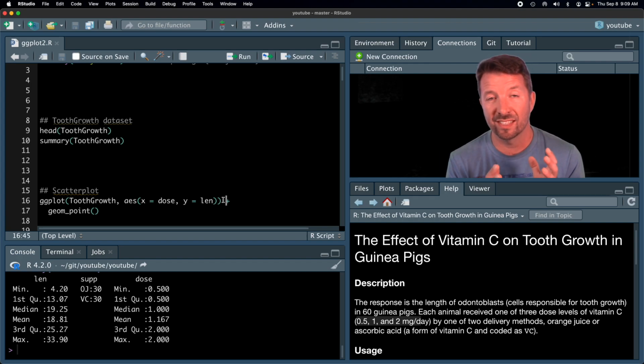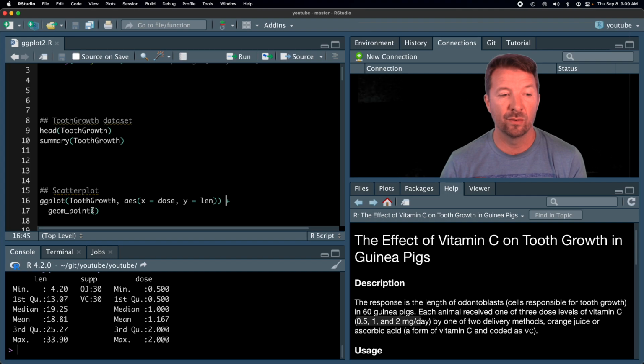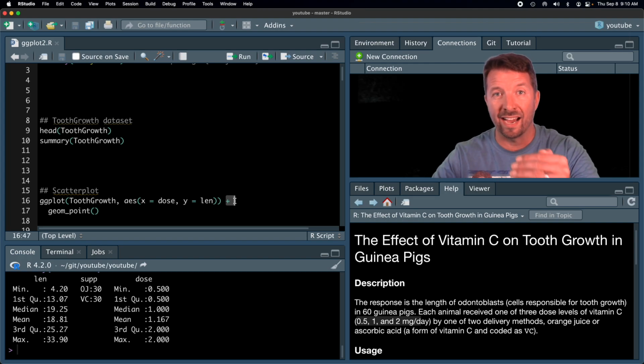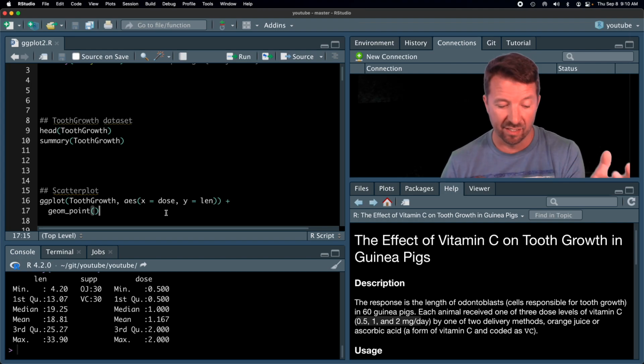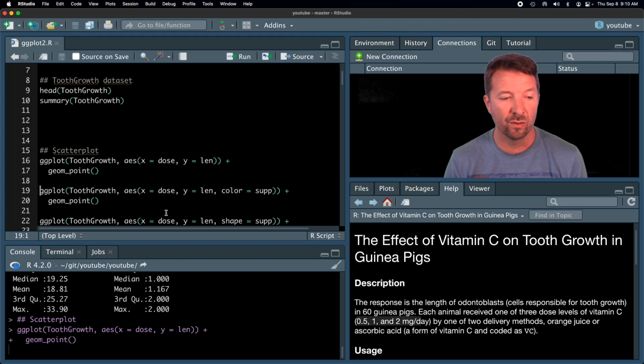And so to construct a scatter plot, we are going to use the geom_point function. And you can see what we do here is we have ggplot, we tell it the data frame, we tell it what's on the x and the y axis, then we have a plus at the end of that line. And this will be common when we're adding components into this ggplot graphic. So what we're going to add then is geom_point to construct our scatter plot. So if you go ahead and run those lines,